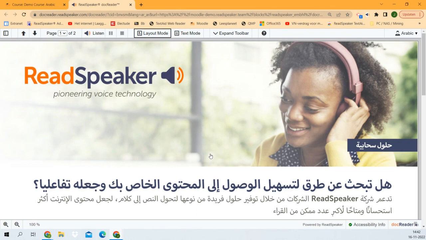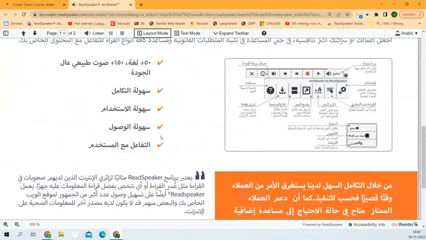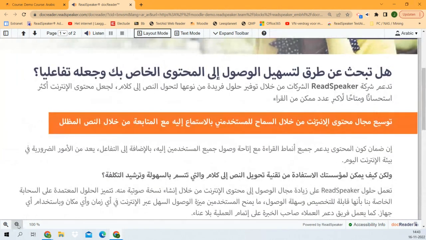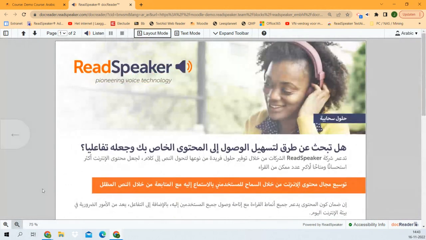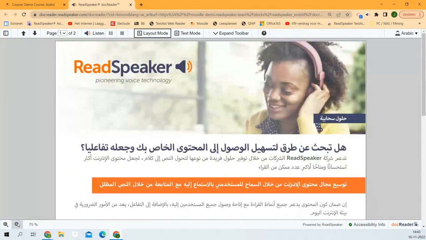So in this case, the PDF is now opened in this particular application. It's called DocReader, as you can see down here. And a learner can simply look at the document, go through it. If they want to zoom out to get a good overview, or zoom in if that's necessary, they can just do so at their discretion. At any time, now this is only a 2-page document, but at any time they can flick through different pages or the previous page or the next page by going down or going up for a